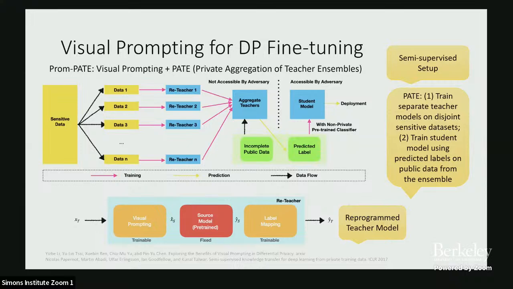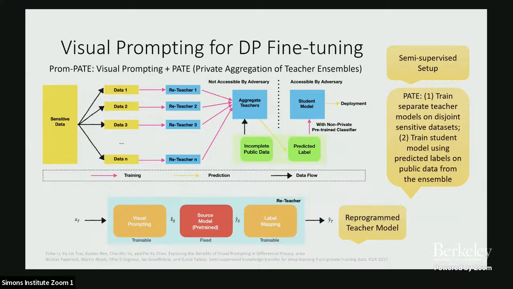Then you are also given a set of unlabeled data, and you use those teacher models to give predictions on the unlabeled data and use that as a distillation process to train your final student model. This is arguably a better way of leveraging the privacy budget, and you usually get better accuracy with PATE than with DP-SGD, although the setup is not quite the same.